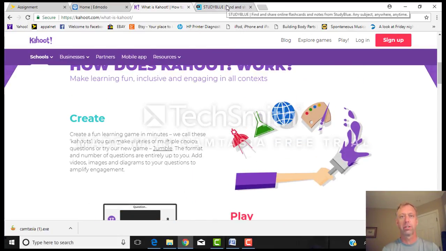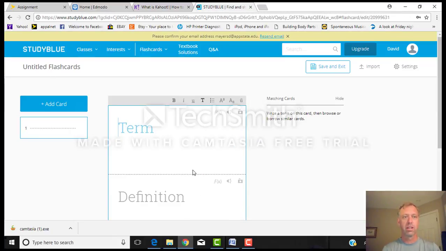Now the next one we're going to do is Study Blue. Study Blue comes in a couple of different formats. It can be done on the computer, and it can also be done on a cell phone. The format that I have right now is actually for the cell phone. This provides flashcards that can be set, and students will log into it and start pulling up the information. For example, if we were looking at a basic flashcard, I want to know